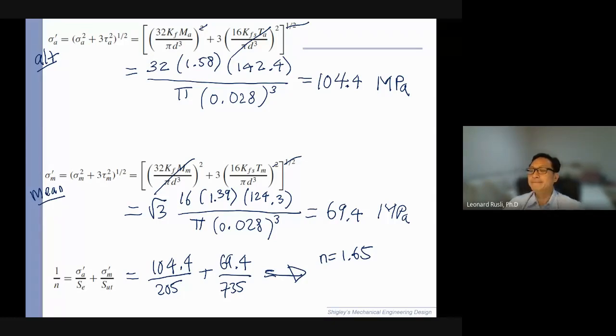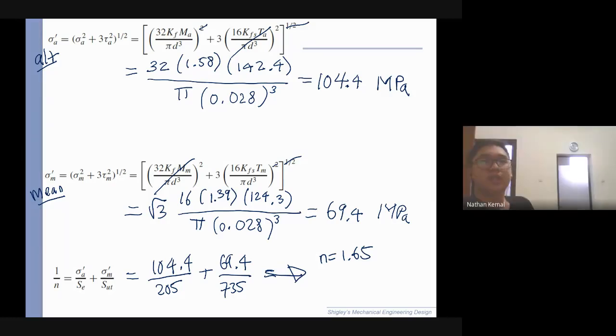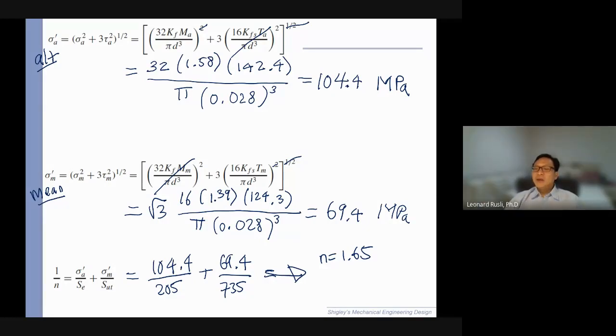What does that mean? Itu safety factor kan, Pak? Right? So what does that mean? That means, ya, kita bisa taruh force-nya itu maksimal shear stress-nya itu di 1,65 dari force maksimal yang kita taruh. Ya. Jadi the actual capacity of the shaft is 1.65 times the load that is given here. Right? So dengan loading sekarang ini masih aman. You still have 65% extra strength. Gitulah boleh dibilang ya. So it's important for you to understand this concept, because otherwise, if I ask you back,